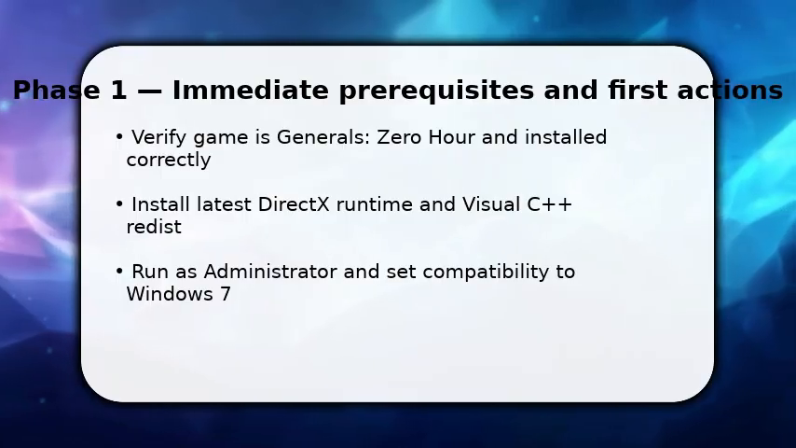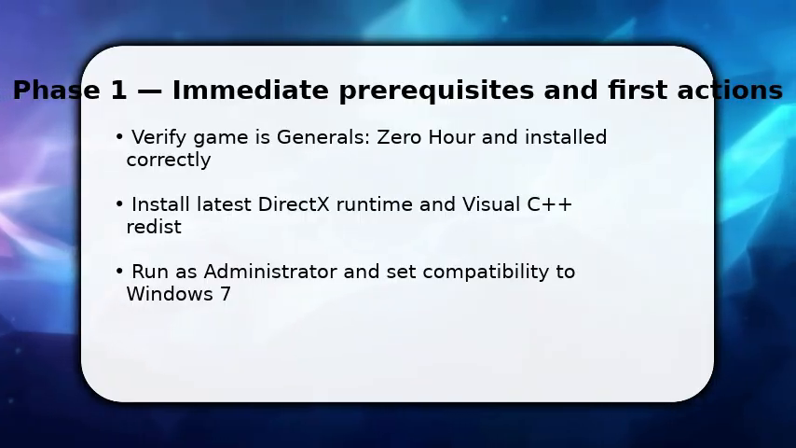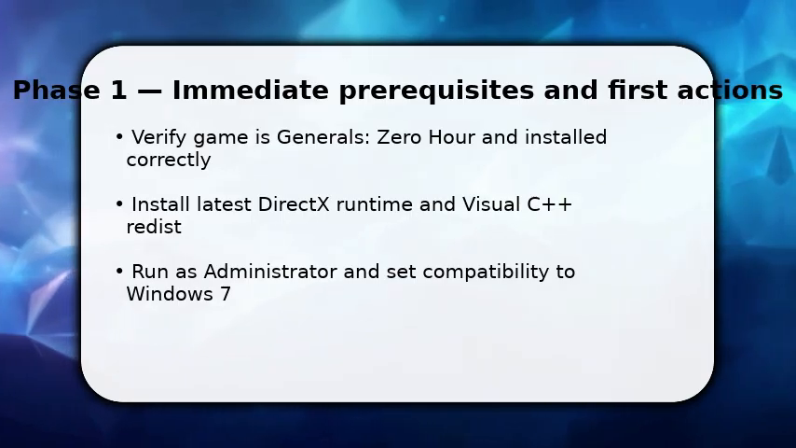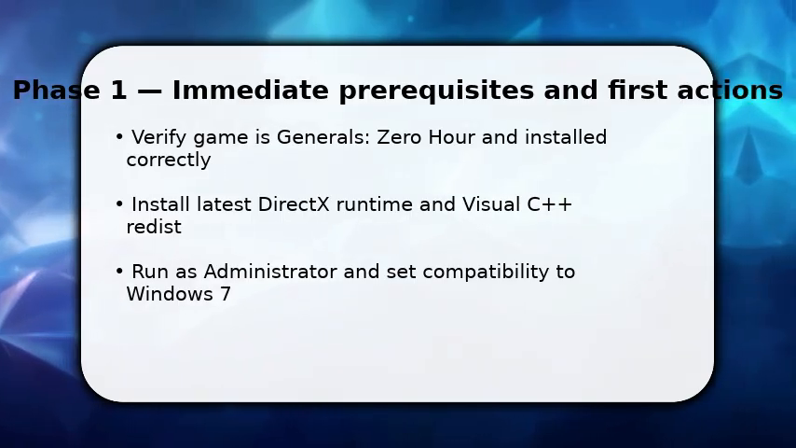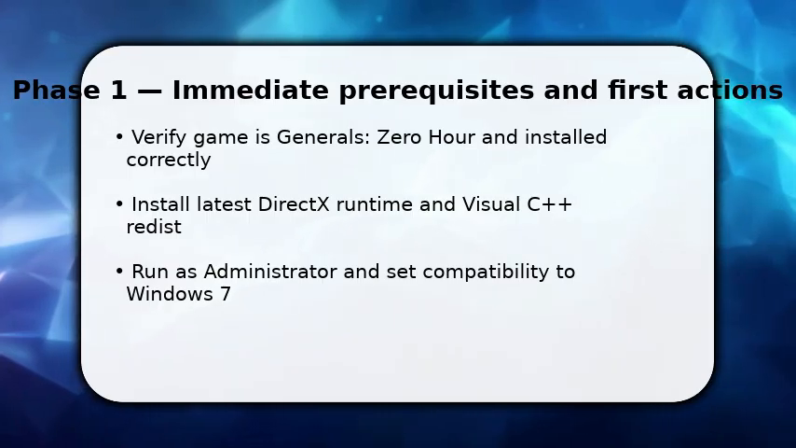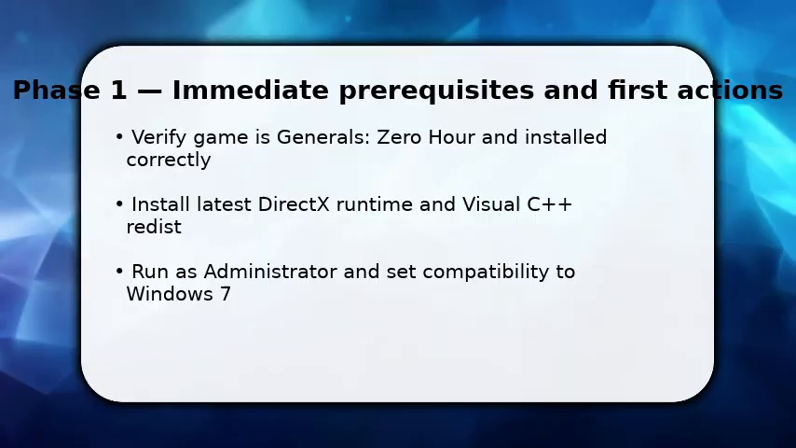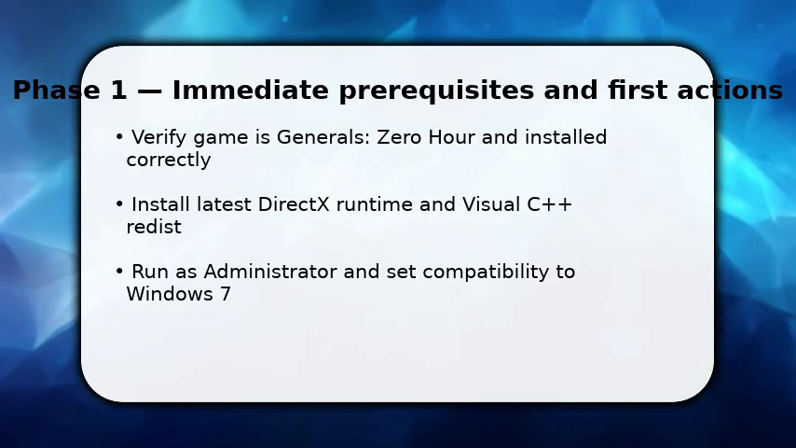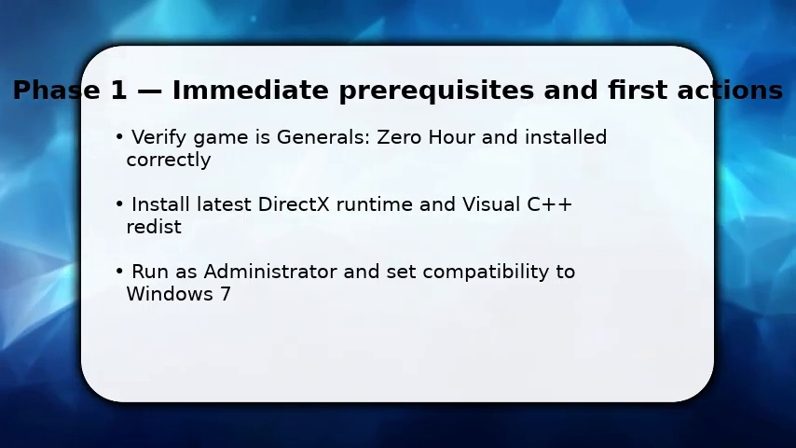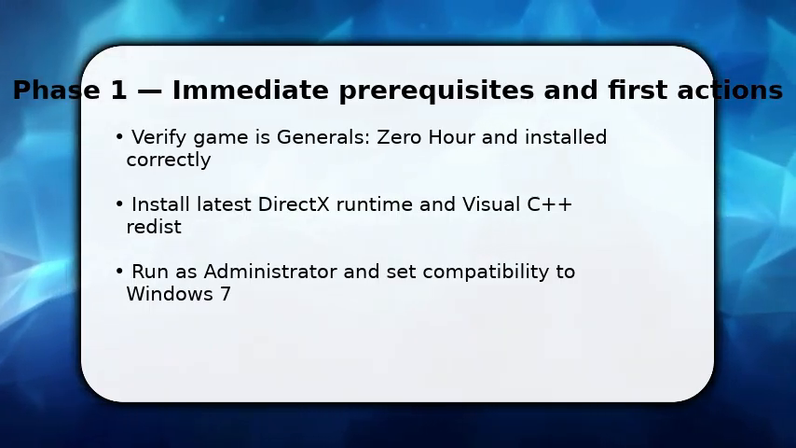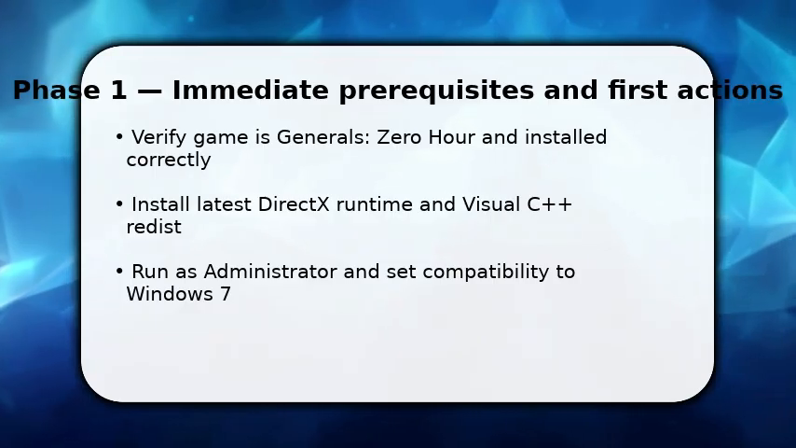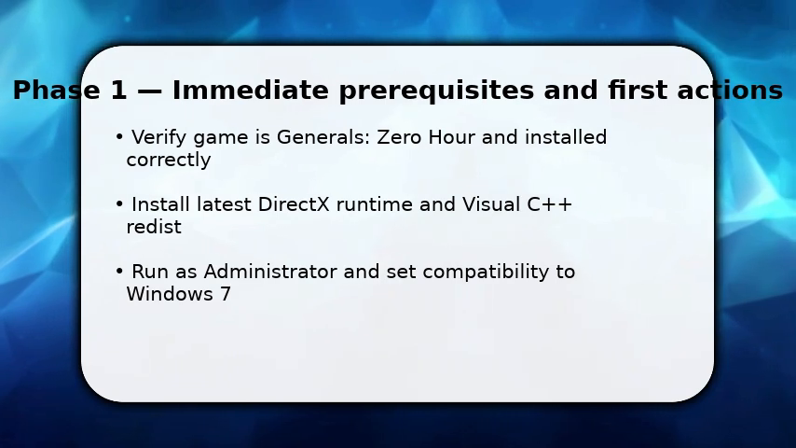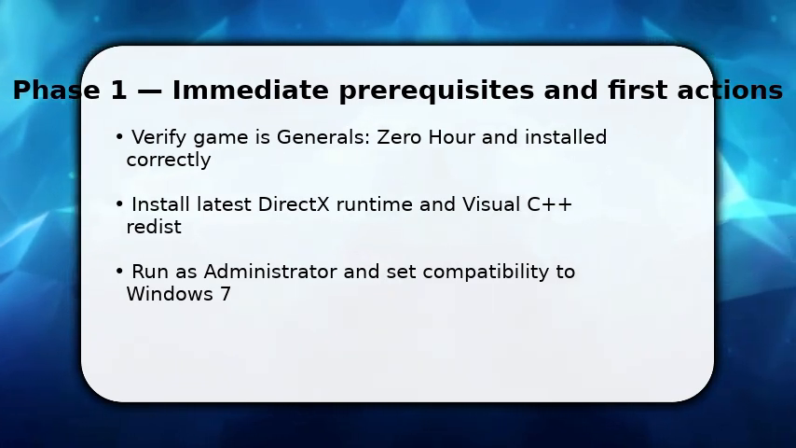You start by confirming the install path and integrity, because corrupted files cause DirectX errors. Next, install the DirectX end-user runtimes and the Visual C++ redistributables. This provides missing DLLs. Once done, right-click the game executable, choose Run as administrator, and set compatibility to Windows 7. Make sure textures and legacy API calls can initialize. These immediate steps fix most startup failures by restoring required libraries and granting the process proper privileges, so the renderer